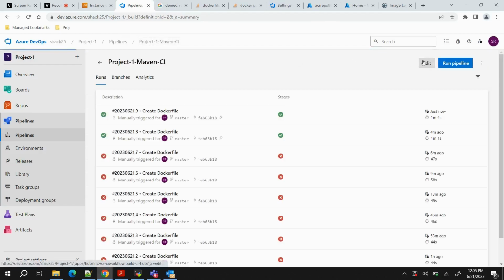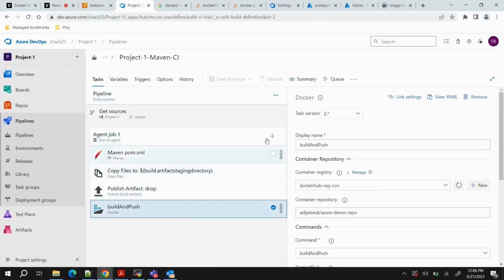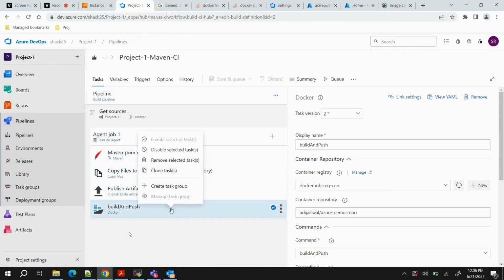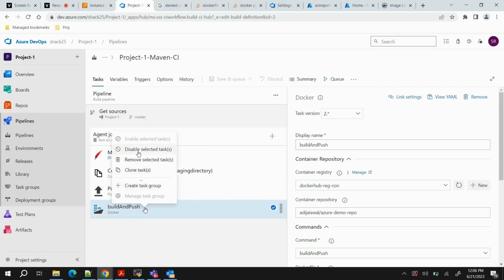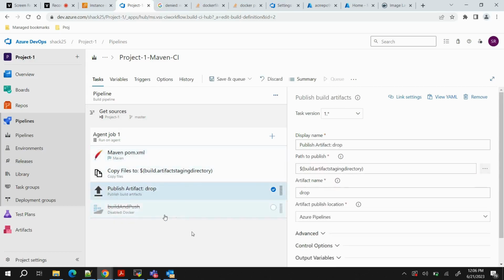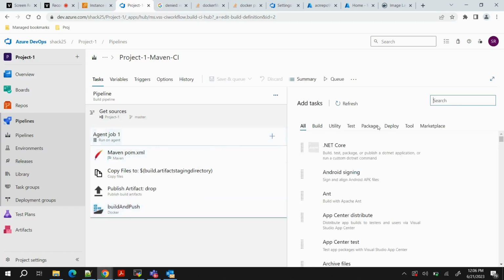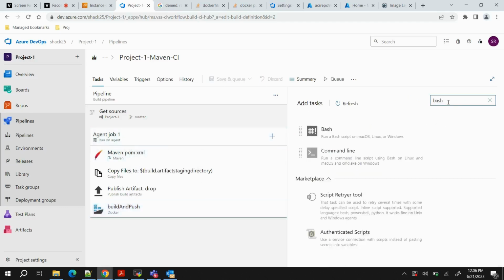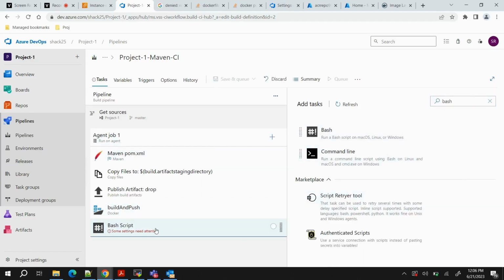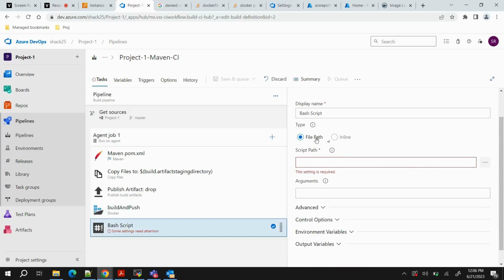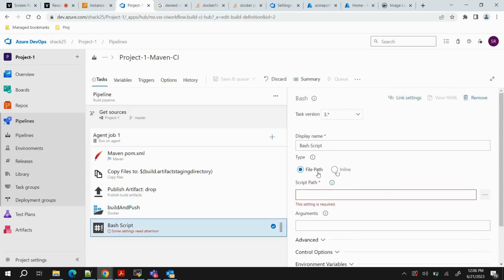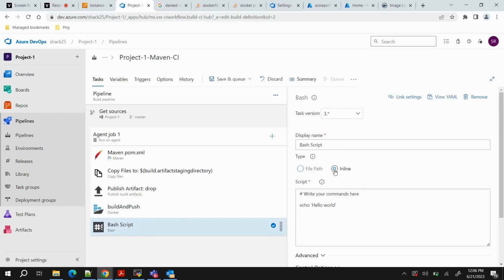Okay, so again we will edit our pipeline. Since we have already built and pushed the Docker image, I will just disable this task. Or maybe, yeah, let it be, no issues. Let's add another task which will be Bash. Script path: there are two options here, file path and inline. That means if you have a script with multiple lines of code, then you can provide the path of that script. But if you just have a few simple lines which you want to execute, you can write them inline. So what I'm going to write is docker run